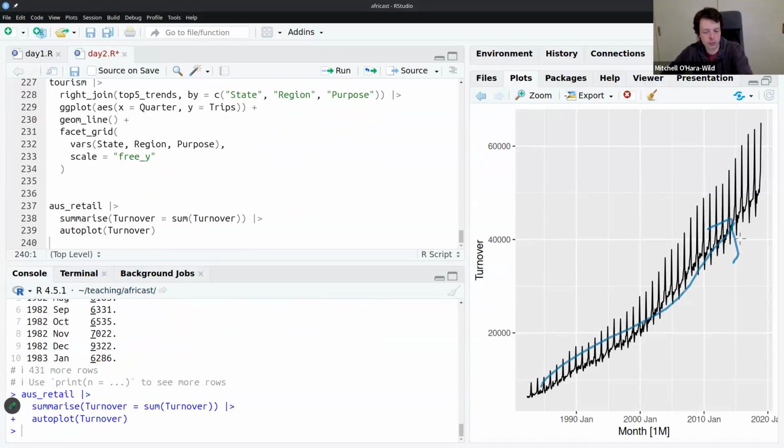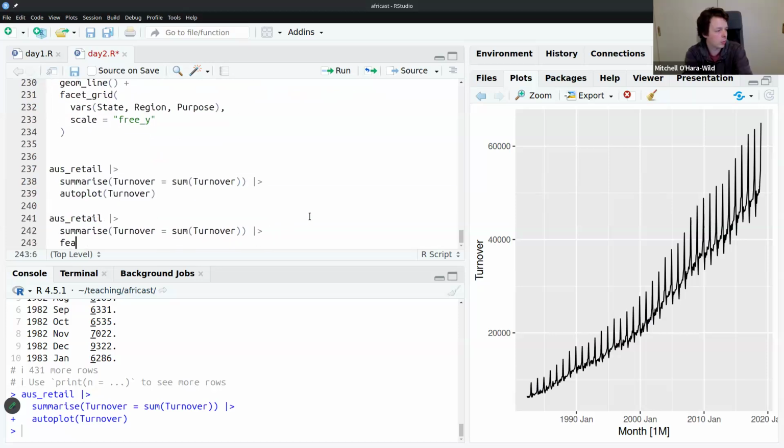Very clearly increasing. If I calculated the STL features of this data set,